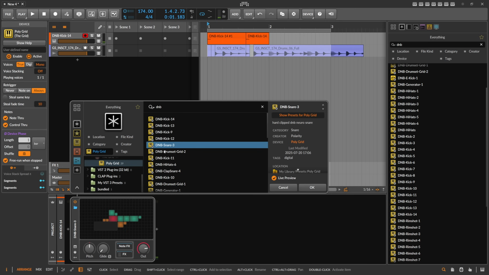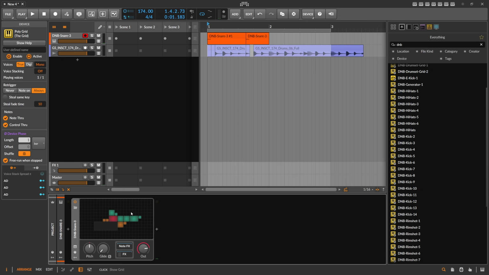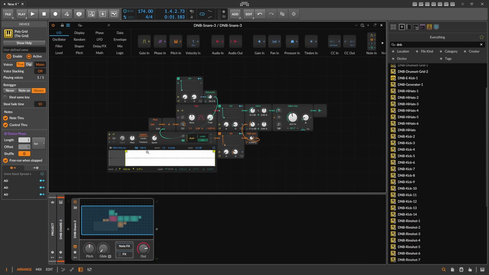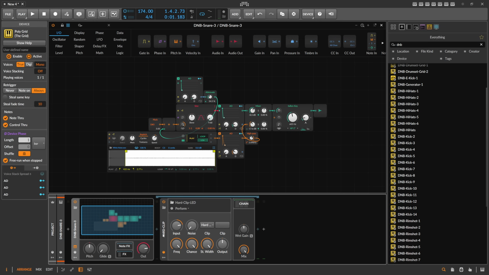This is a snare sound, right? It's all kind of synthesized in the grid here. Just a noise sample, a bit of sine, and some kind of clipper at the end. Some very basic